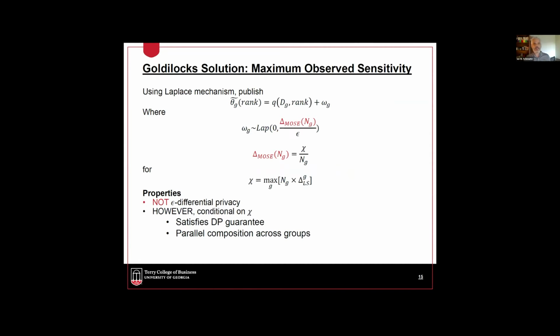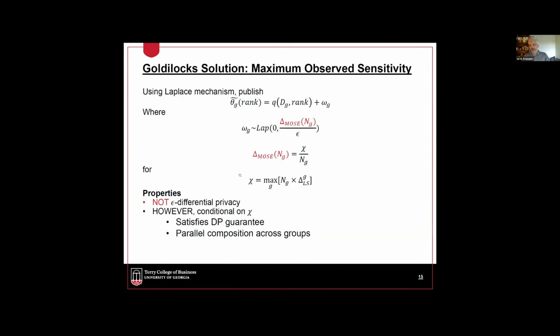So you can use the Laplace mechanism, publish the true query plus Laplace distributed noise, where the Laplace distribution is scaled according to this maximum observed sensitivity envelope. It's now a function of the size of the cell, and the scaling parameter is constructed by just taking the maximum over all groups of the product of the number of individuals in the group and the local sensitivity of that group. So this, unfortunately, is not epsilon differentially private, because technically,